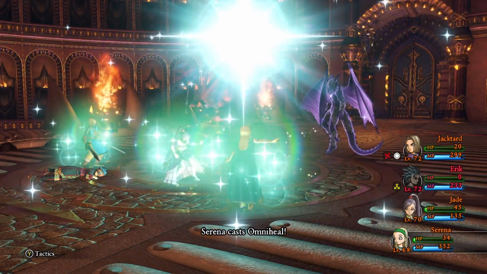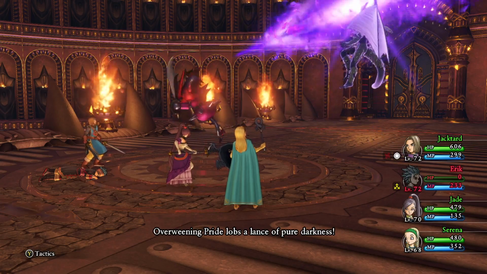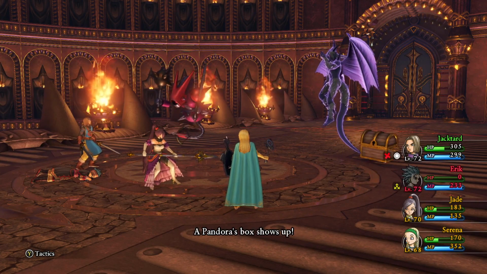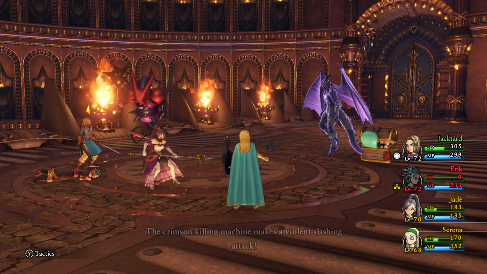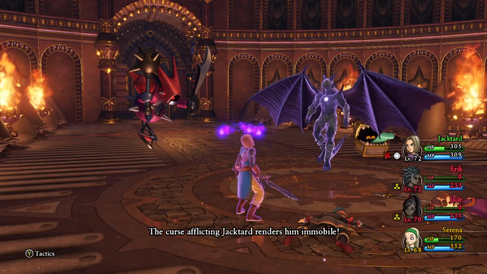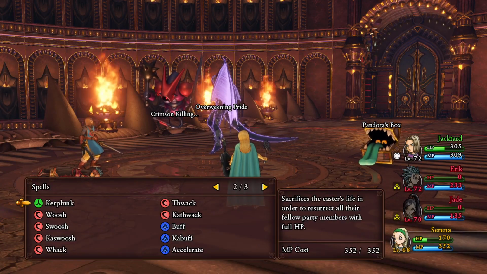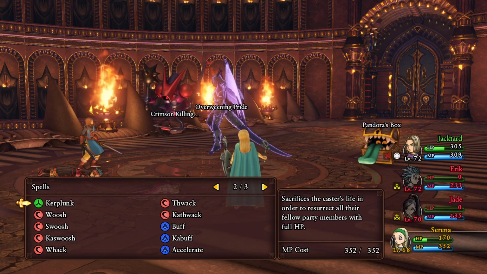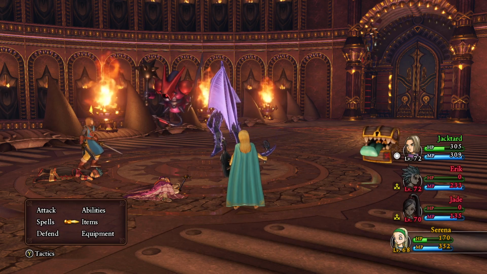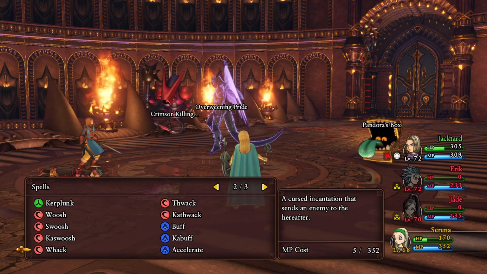Omni heal first. You can pick up Eric and deal with Jacktard in a minute. We may actually have to have Jacktard use Omni heal when he gets a chance. And the only reason is there's an enemy type I was worried about. Oh, goddamn it. We have to take a risk here, so...